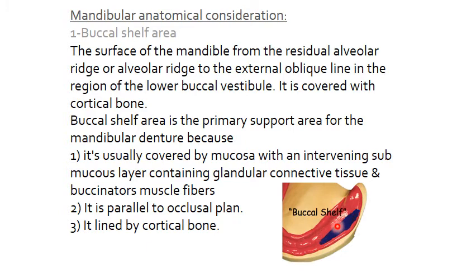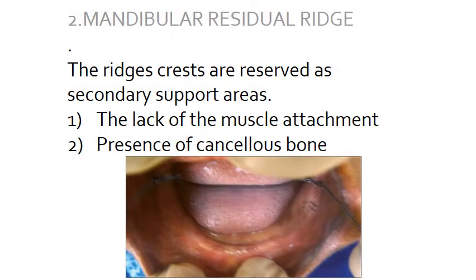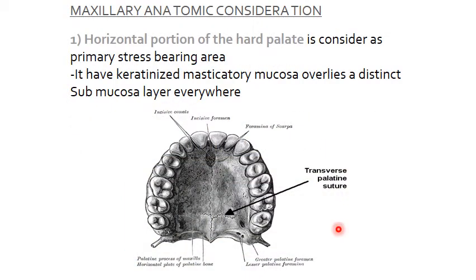Why? Because it is covered by mucosa with an intervening submucosal layer containing glandular connective tissue and buccinator muscle fibers, and it is perpendicular to the occlusal force. The mandibular residual ridge, the ridge crest, is considered a secondary support area, because of the lack of muscle attachment and the presence of cancellous bone. For the maxillary anatomic considerations, the horizontal portion of the hard palate is considered the primary